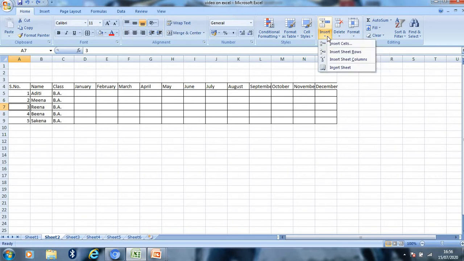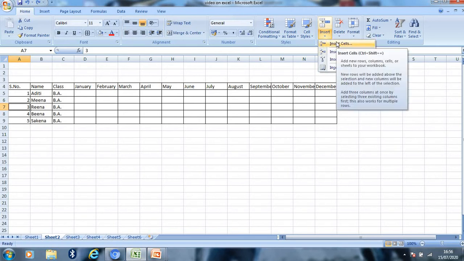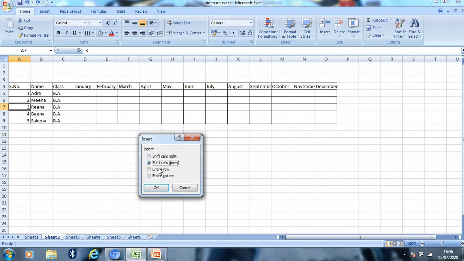Click on the insert command, then insert cells. So here a dialog box appears. If you want to shift the cells right, shift the cells down, or entire row or entire column,